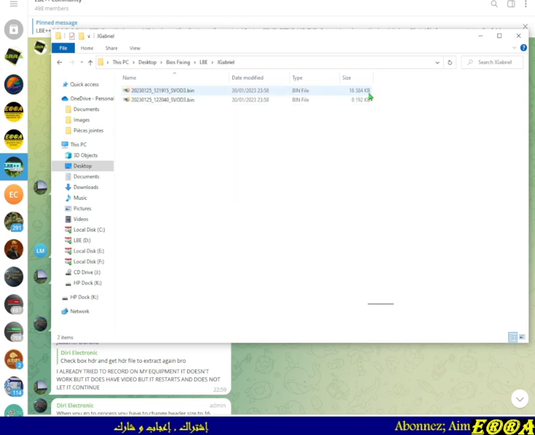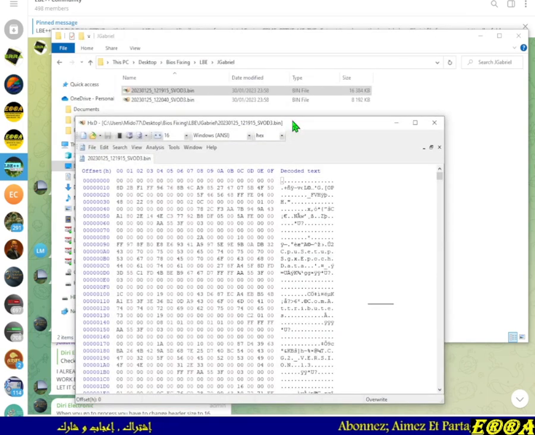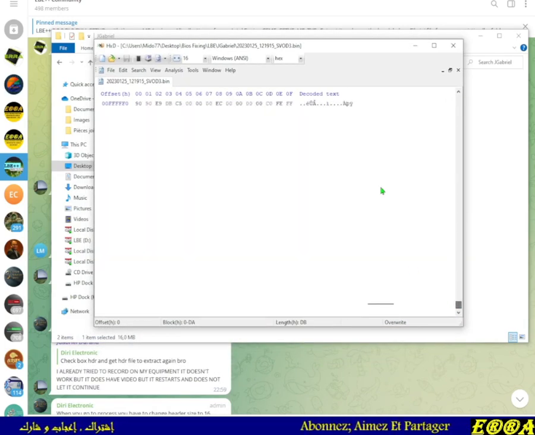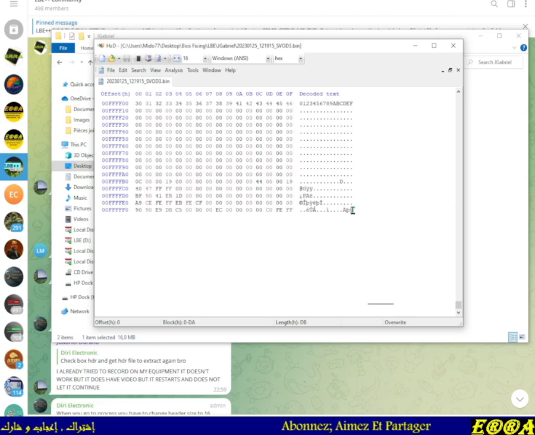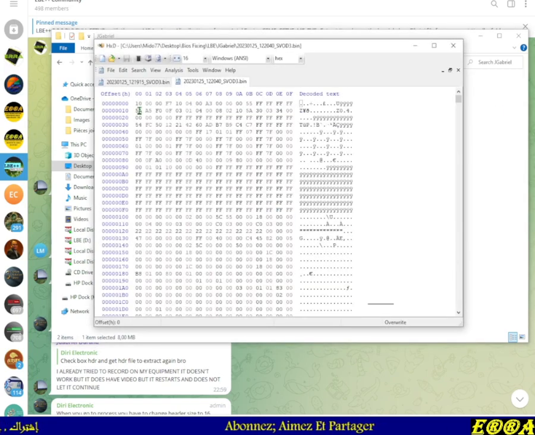So we have two files, 16 and 8 megabyte. Let's analyze the files first. This is the 16 megabyte file, which has no header, but it will have a footer. So this is the footer of the file, and this is the signature of the footer of a BIOS file, which means that the 8 megabyte one will have the header, which is exactly what I said, and here is the signature of the BIOS, the beginning of the BIOS